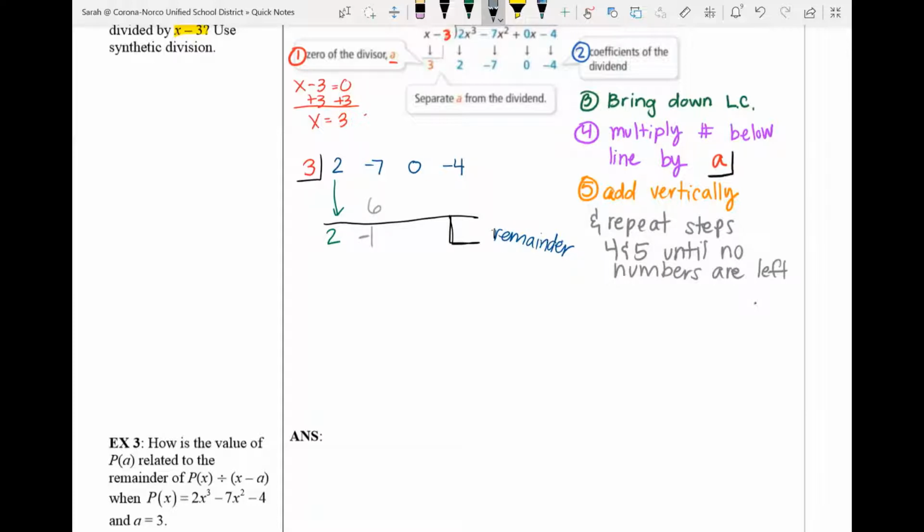And then I'm going to repeat those steps 4 and 5 until I have no numbers left. So meaning until I've added -4 plus something, and then that answer will be my remainder. Okay, so I'm back at having a number below the line. So I'm going to multiply that by a, which was 3. And so -1 times 3 is going to give us -3. And then I'm going to add vertically. So 0 plus -3 gives me -3. And then 3 times -3 gives me -9. And again, I knew this was the last one because I'm going to end up with my remainder. So -4 plus -9 is going to give me